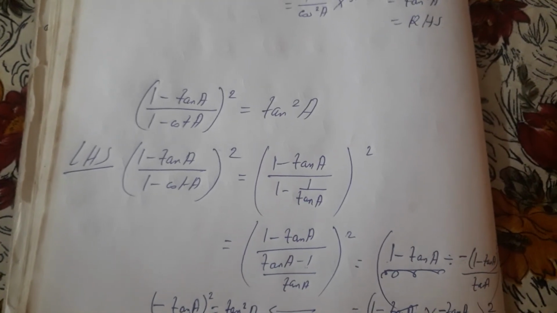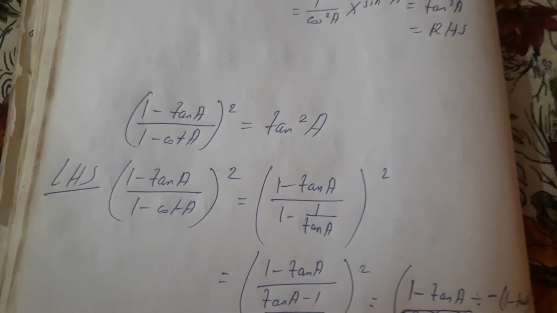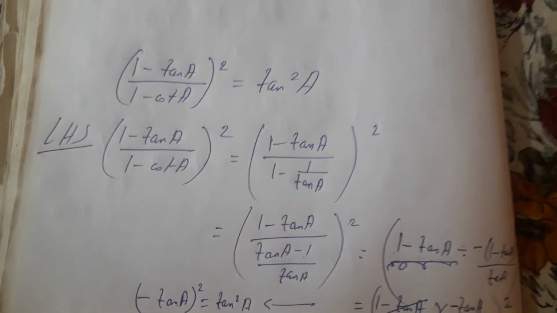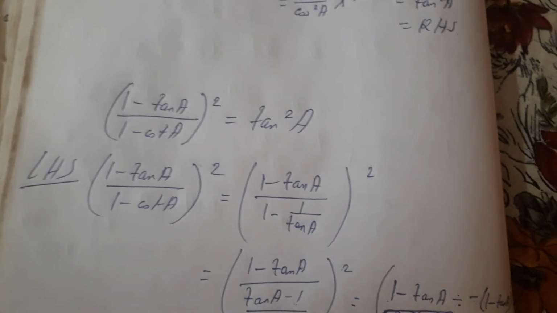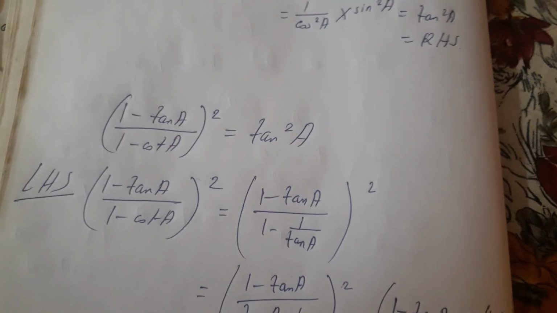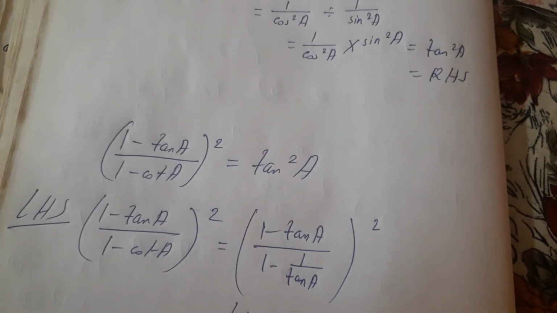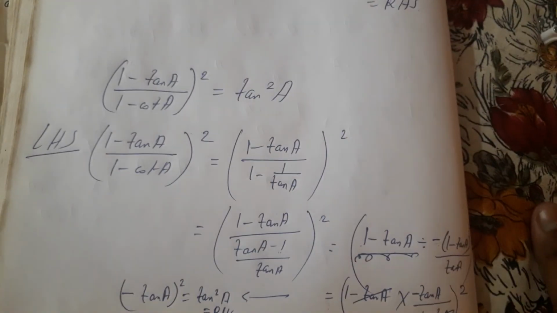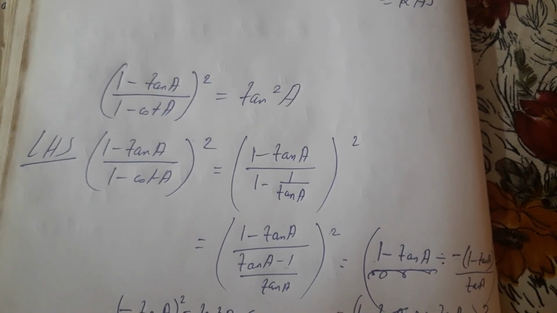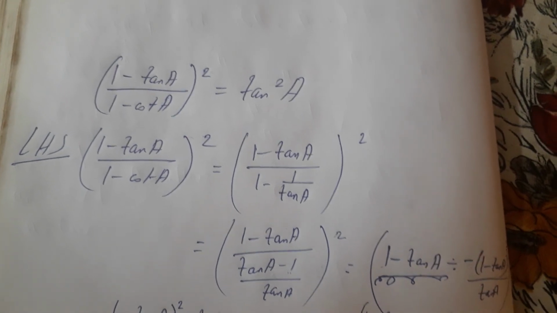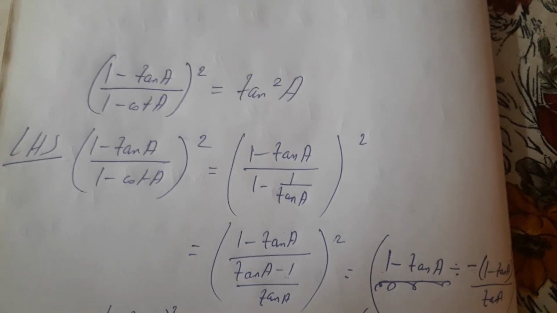Now today I have already done 10. So today up to this, on any other day I will solve more proofs on trigonometry, but first you have to go through these basic proofs. If you can do the basic proofs, then it will be easier to solve any other proofs. So first you have to go through these basic proofs. On another day I will solve many other important proofs of trigonometry, but first you go through these proofs.